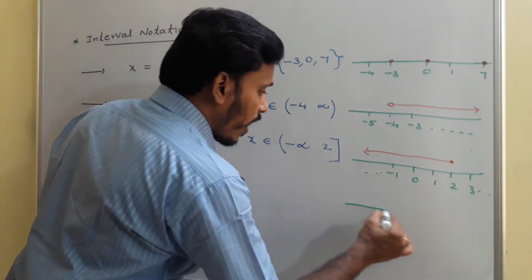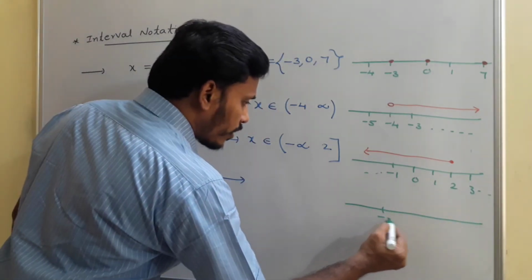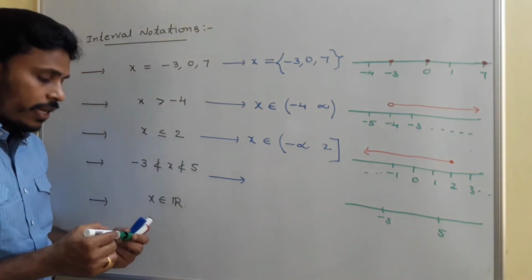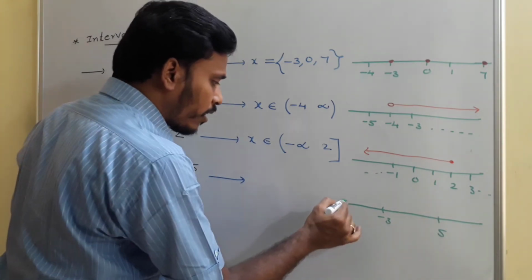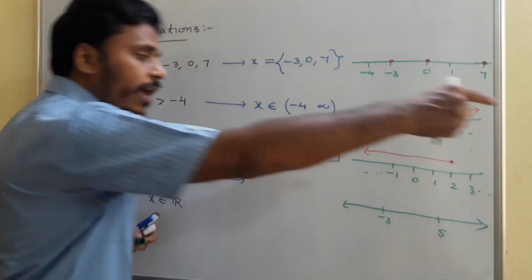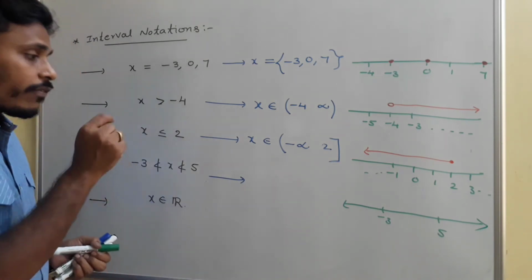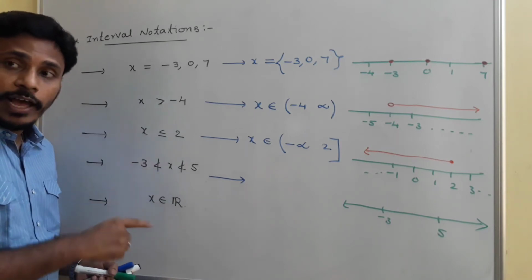Suppose you have a number line here, so somewhere you will have the number minus 3 and then 5. The values of x now are not in between minus 3 and 5. See, this is the total line actually, okay? As a representation I am taking a small line here, but actually the number line is endless and extends in both directions since it is a line, right? The values of x are not in between minus 3 and 5.